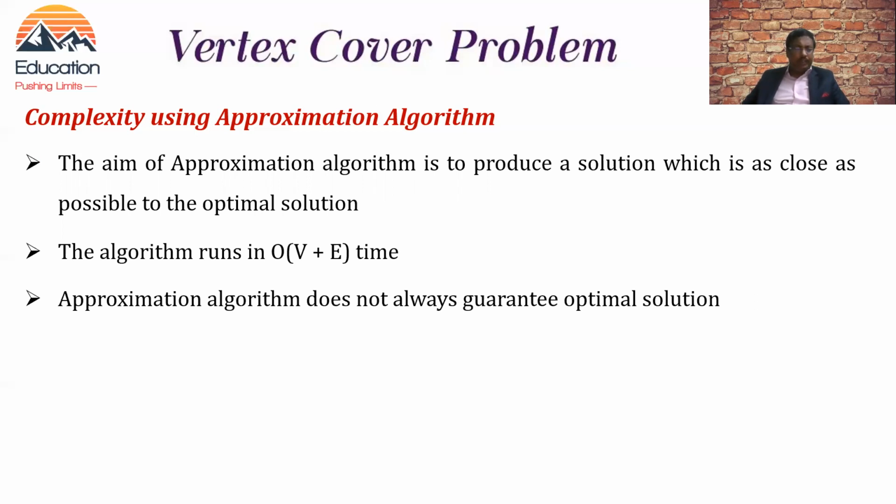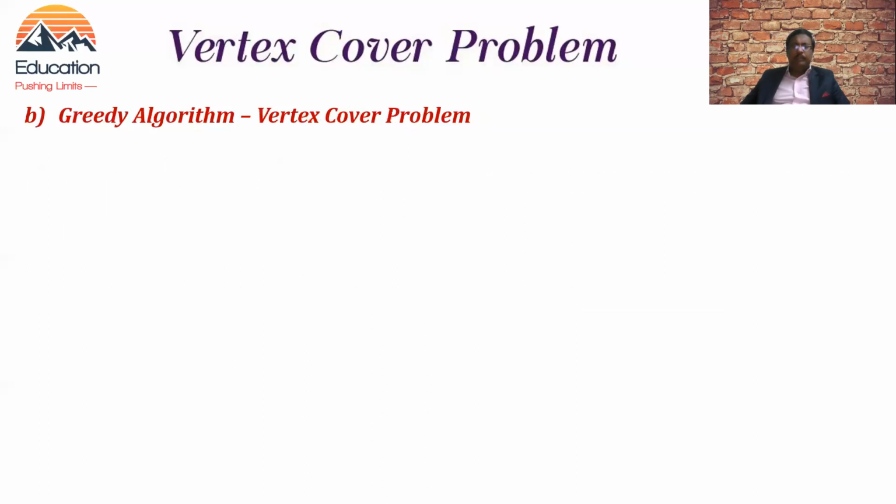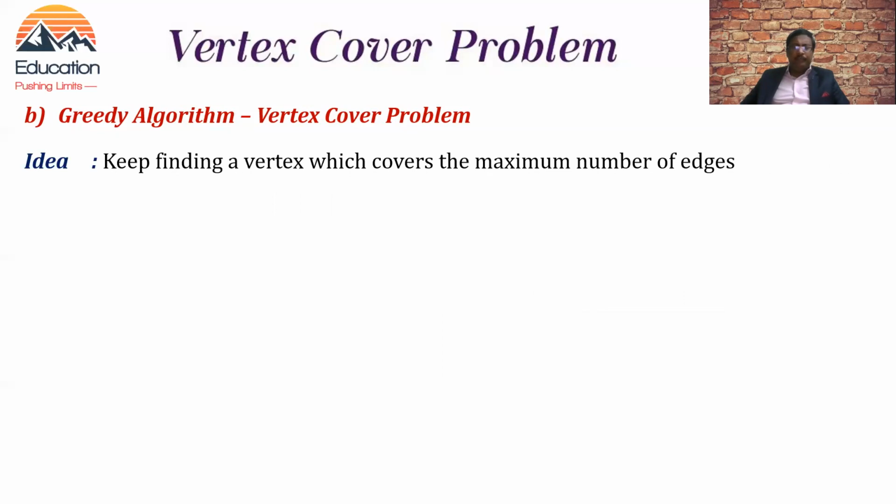That is something which we can guarantee. Okay, right. The next part of this video is to solve the same problem using a greedy algorithm. The idea is the same: you have to find the minimum size vertex cover. But when it comes to the greedy algorithm, we have to find all feasible solutions, and then choose the optimal solution from the feasible solutions. This is the greedy algorithm actually.